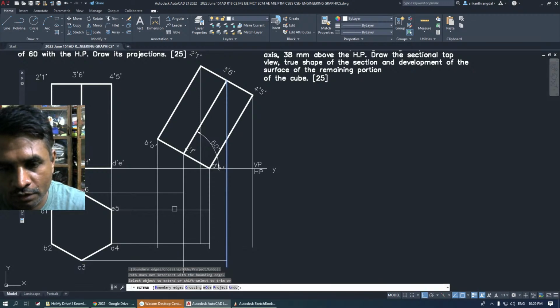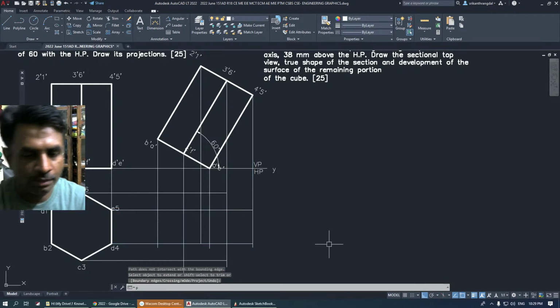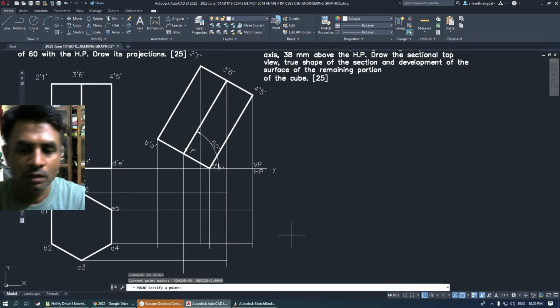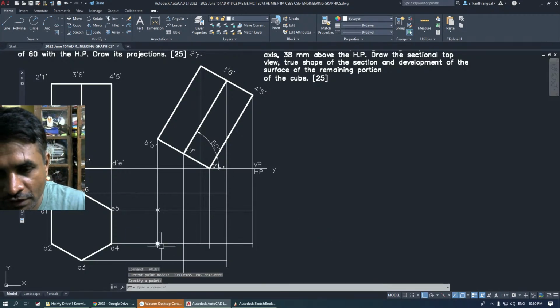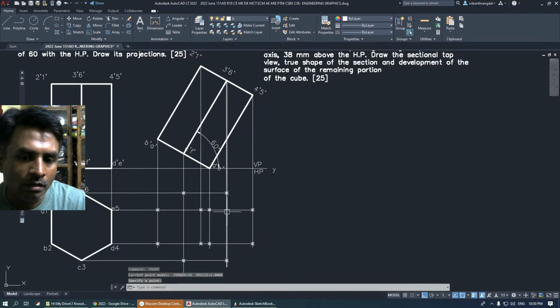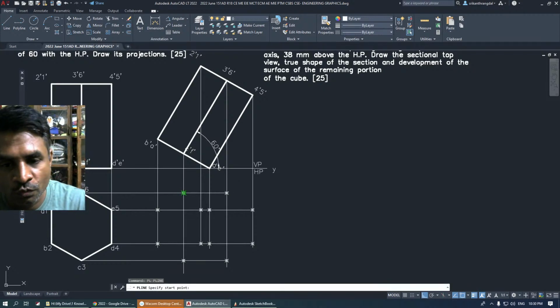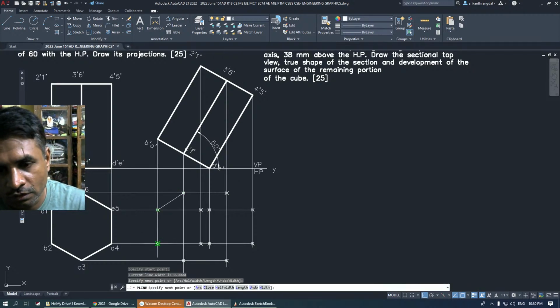Extend these two, then extend them. Let's name all the points. So we have points starting here, and then we have points. Once you get all the points, we'll need to follow a certain procedure to get all the visible